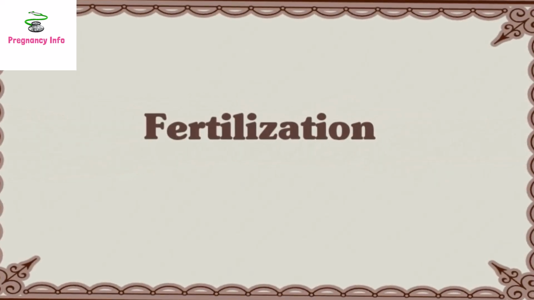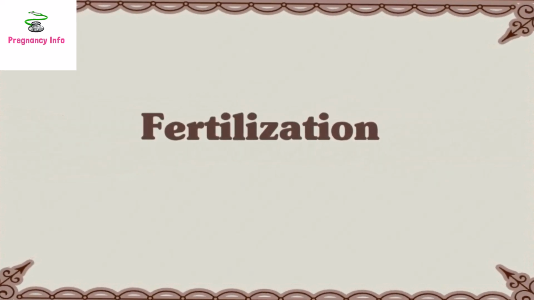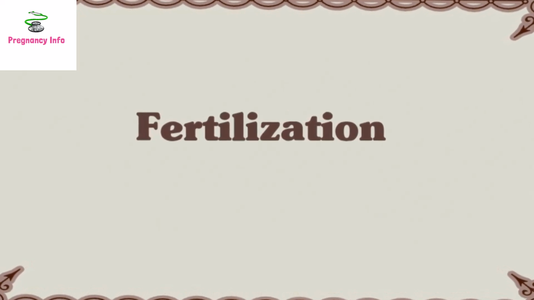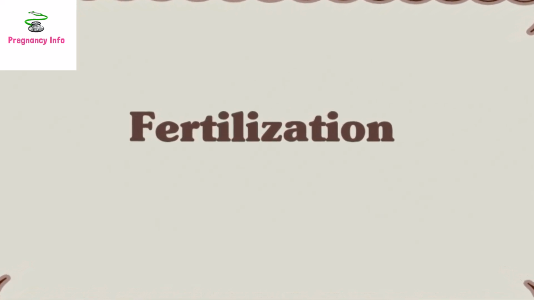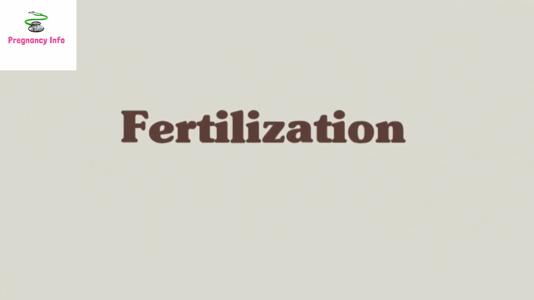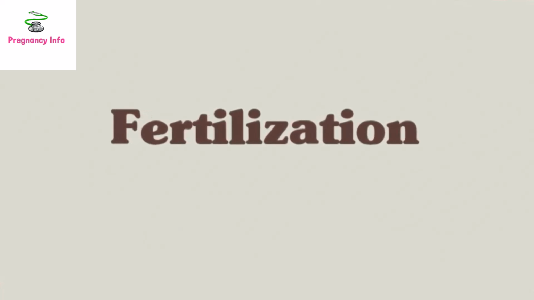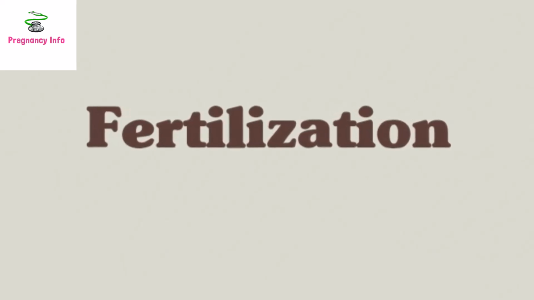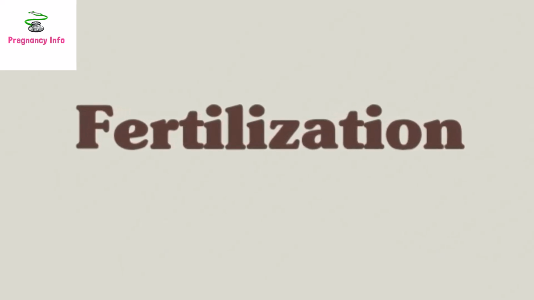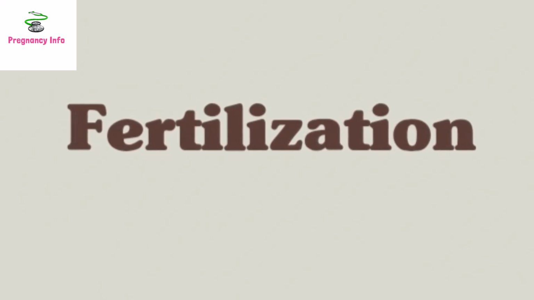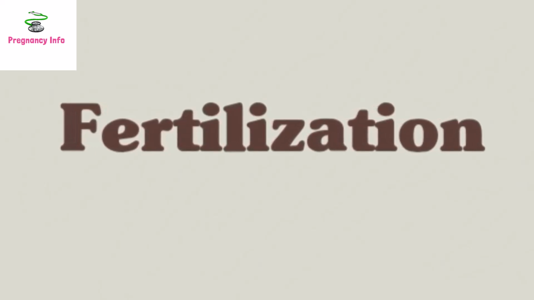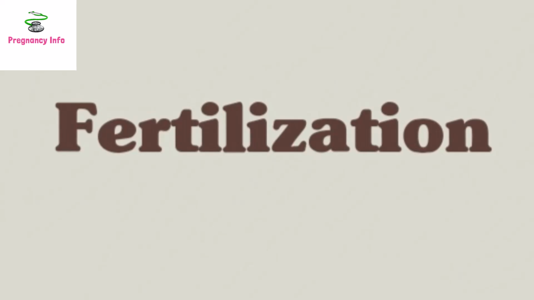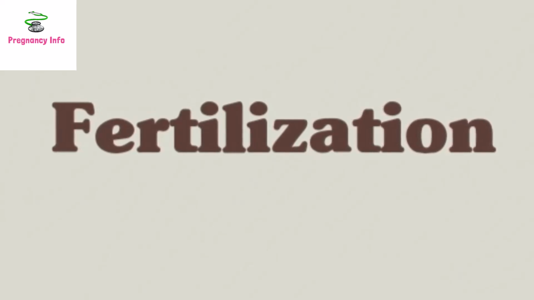Number 3. Fertilization. Fertilization must occur for pregnancy to begin. After ovulation, the egg can only be fertilized for about 12 to 24 hours. Fertilization occurs in a specific part of the tube called the ampulla-isthmus junction. The contact between the egg and sperm is random, and the membrane surrounding the egg, called the zona pellucida, has the main functions during fertilization.